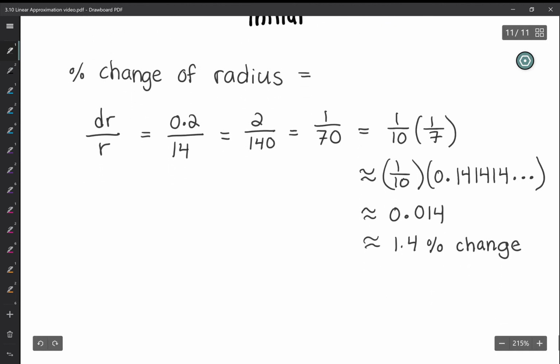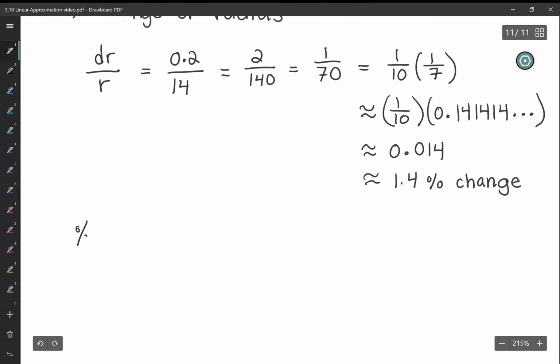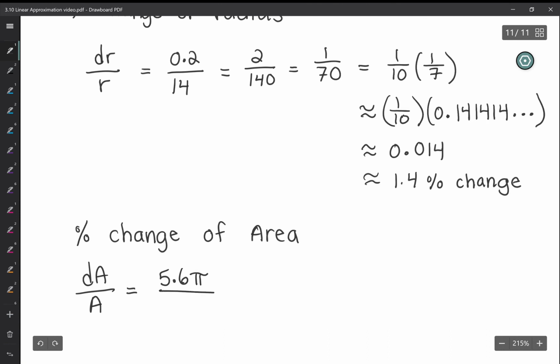Now we have to find the percent change of the area. This will be equal to dA over A, which is equal to that 5.6 pi that we found earlier, over A. So we have to find the area when the radius is equal to 14 centimeters. So that will be equal to pi times 14 squared, which looks very, very similar to that 2 pi times 14 from earlier. So instead of writing 5.6 pi,